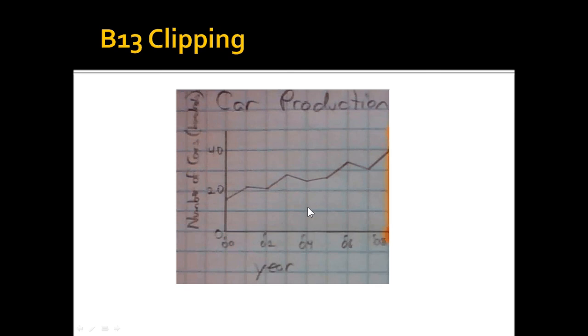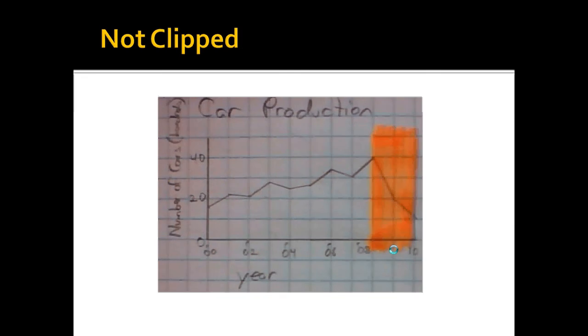This is called clipping. This graph looks perfectly fine. There's nothing wrong with it, it appears, except if you include the rest of the data. Whenever you're looking at the end of the data, you should see whether they have the most recent data available. Sometimes, for instance, I'm recording this video in the year 2012, it's unlikely that they could add 2012 data to this graph because 2012 isn't over yet. Typically, it takes a year or two for data to become available. But if for some reason there's a 4 or 5 or 6 or 8 year gap, that's something you should watch for because they might be clipping their graph.